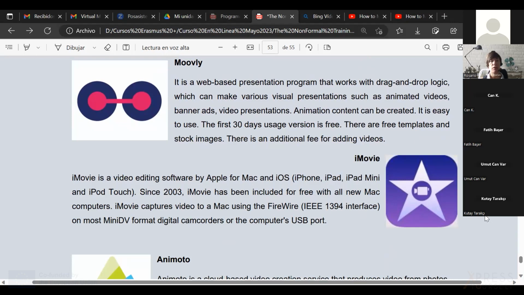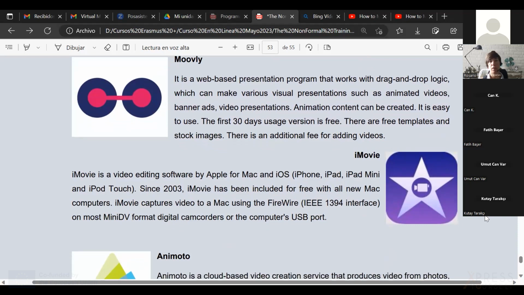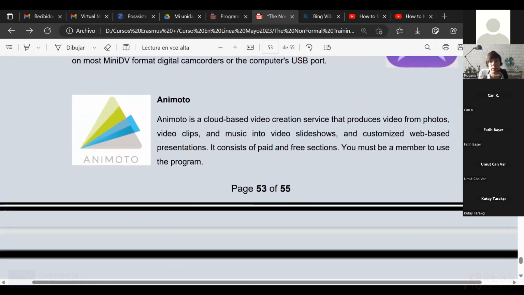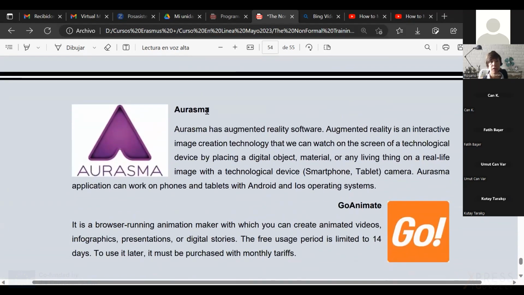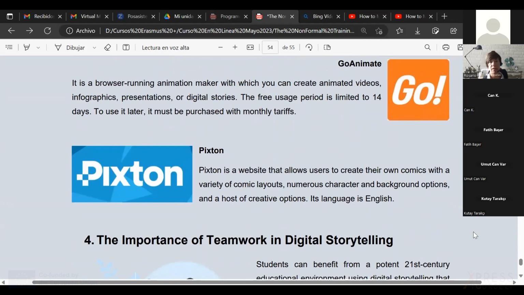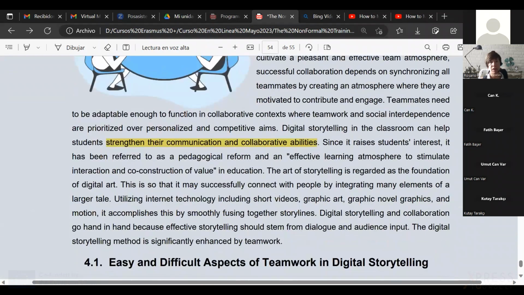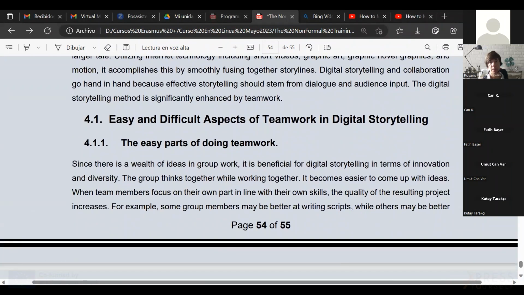So if any of you has or has ever had an Apple, has probably used it. Then Animoto, Urasma, Go Animate, and Pixton.